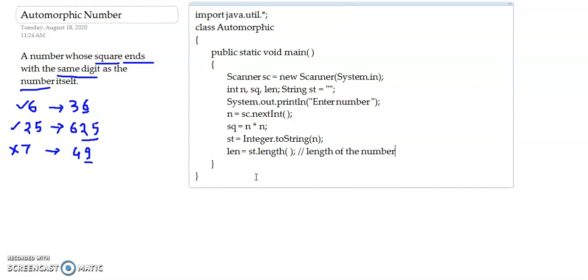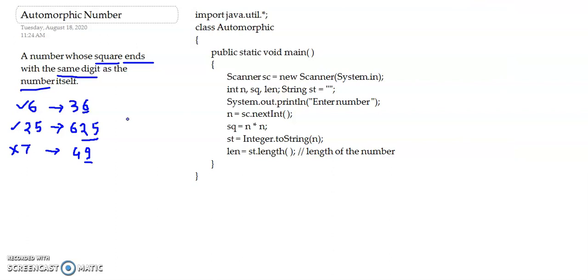So we are going to use the modulus operator. But before going to that part, first calculate the power of 10 raised by this number of digits.